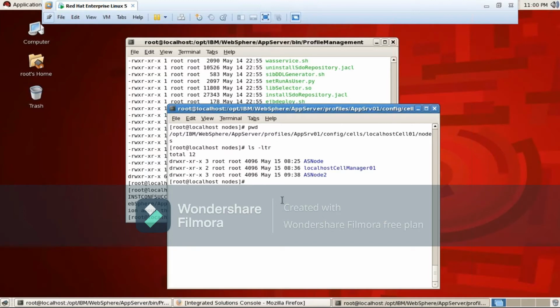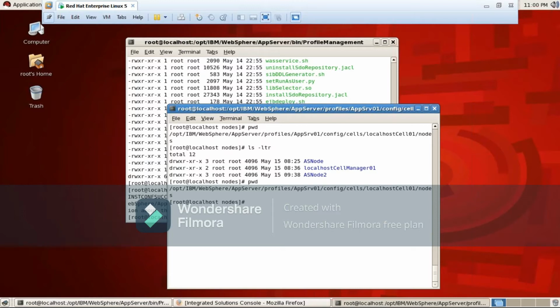Why is the custom node not coming? Federation is done, right? Yes. The custom node should come here, right? What will be there in the custom node? Cell node and JF will be empty.